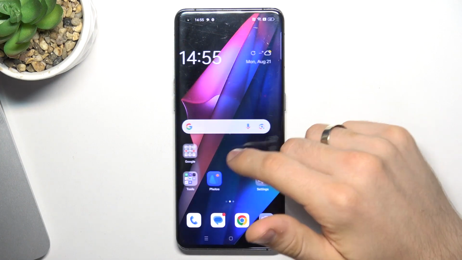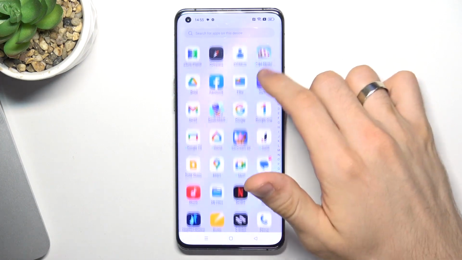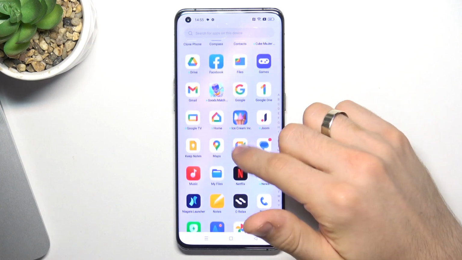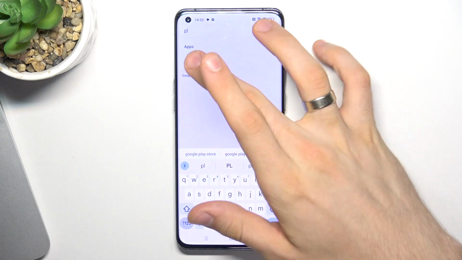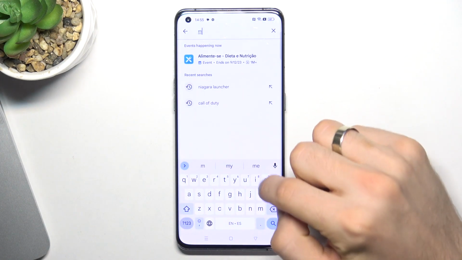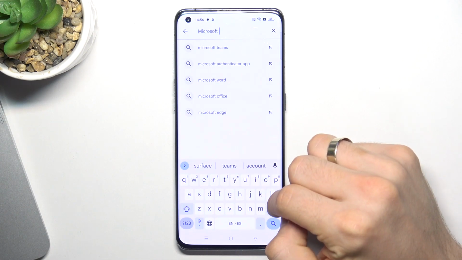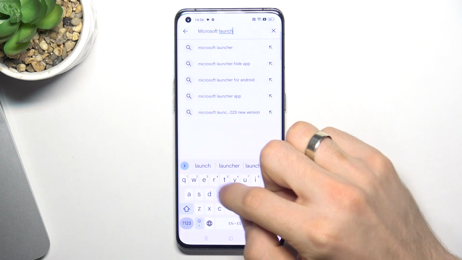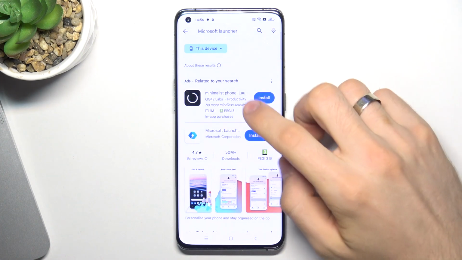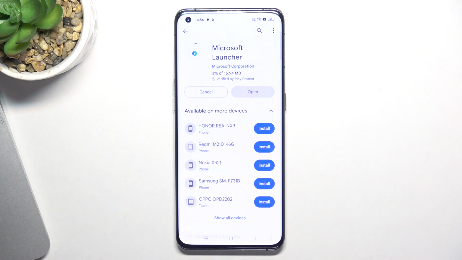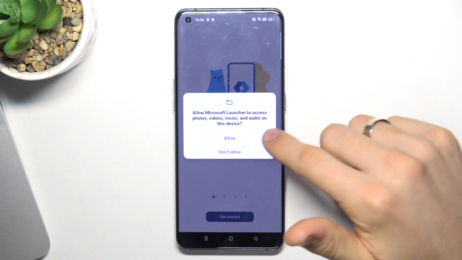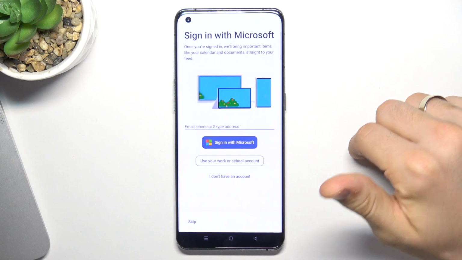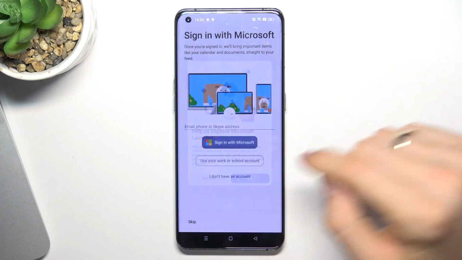And on the first place in my top is maybe not too beautiful a theme, but very functional. So firstly, let's find the Play Store and find here Microsoft Launcher. Click install and click open. Get started, while using the app, allow, continue, skip, OK,